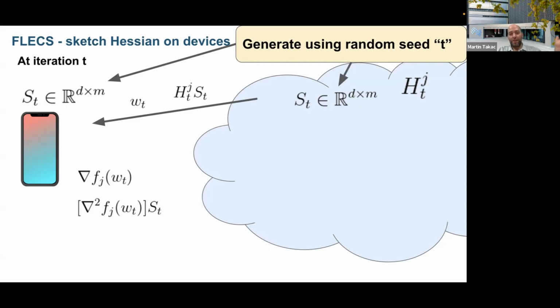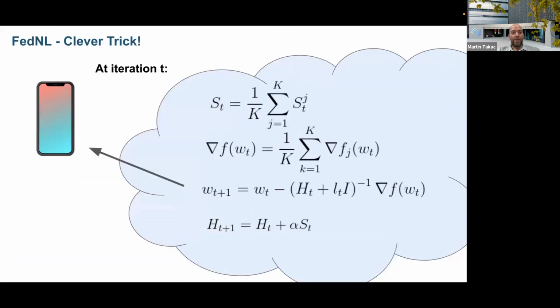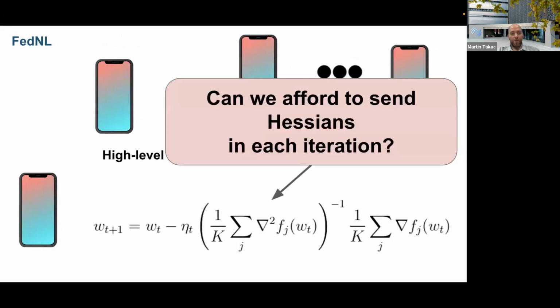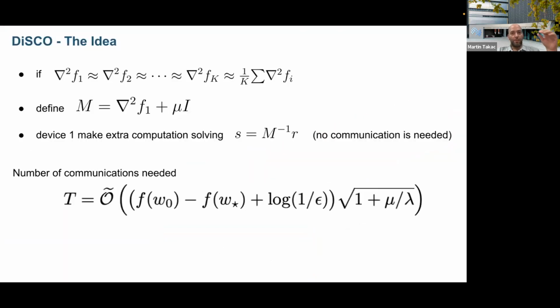My postdoc told me, hey Martin, don't start with 0 for logistic regression, because 0 is a good starting point. Start with something terrible, then you will diverge. I say, but I know 0 is a good starting point, therefore I start with 0, right? It's basically the same as what they did in the DISCO paper. They said don't start with 0. What they suggested in DISCO, it was a convex problem, was that every single worker computes its local minimum estimate, I compute the average of those, and this is my starting point. Why would someone start with some nonsense when you can easily estimate a good starting point, right?